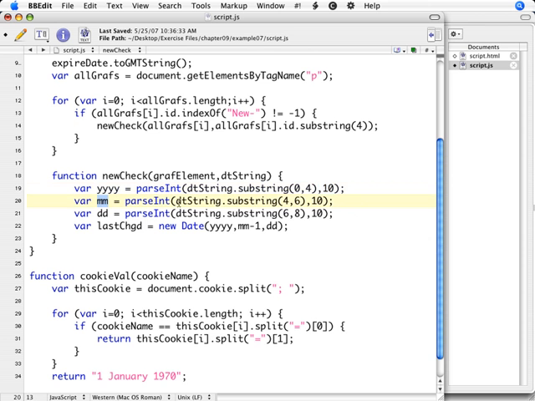So MM gets substring 4 through 6 of date string, and DD gets a substring 6 through 8 of date string. And that then is the month and the day part of the field. Now you need 10 on here because parseInt actually does a little bit more than we've talked about before. It can take a string and parse it out into an integer, but that integer can be in different bases. If you're giving it a 4-digit number, it's usually fine, unless the 4-digit number is something that it can get